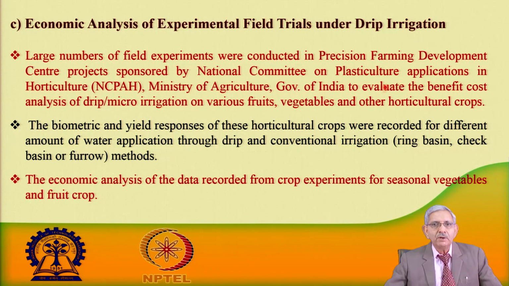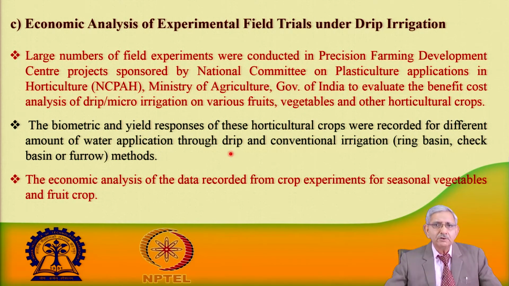So, there is one agency which funded the project of precision farming development. This is the Government of India, Ministry of Agriculture, that funded the project, that is the National Committee on Plasticulture Application in Horticulture, under the Ministry of Agriculture and Farmers Welfare. That is the agency where a large number of crop experiments were taken up on fruit crops, vegetable crops, and many other flowers, etc. We took up the study, and then we recorded the observations